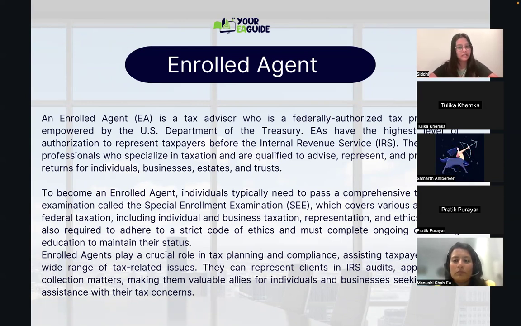The second benefit of pursuing EA is that I have seen many Big Four companies and many organizations hold promotions just because of the degree. You can pursue Enrolled Agent in a very short span of time. You may already come with 8 or 10 years of experience, but because of that designation your career growth may have been on hold, so you can go for the EA course. These are the two main reasons. And third, if you're planning to pursue CPA, I would suggest going with EA first if you are planning to go on the taxation side.